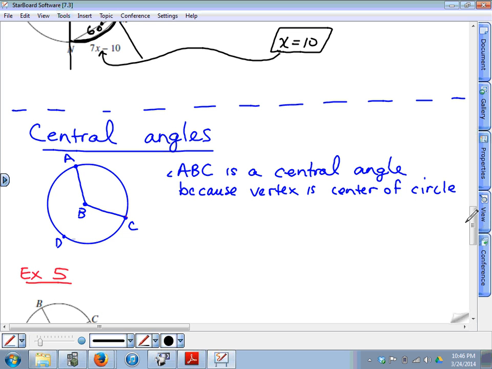The next part of notes here, central angles. If we consider this angle ABC, notice now where the vertex of the angle is. The vertex of the angle is right in the center of the circle. It's called a central angle. Now, this is actually a pretty nice relationship between a central angle and the arc. If we consider the arc between the two sides of that angle from A to C,